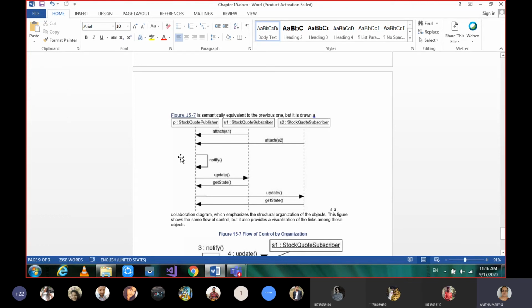Notify means checking whether the books they have asked for are available or not. If they are available, accordingly the update message is sent to the S1 instance, and we get the response from S1. Similarly, the update message is sent to S2, and the response from S2 is also taken.